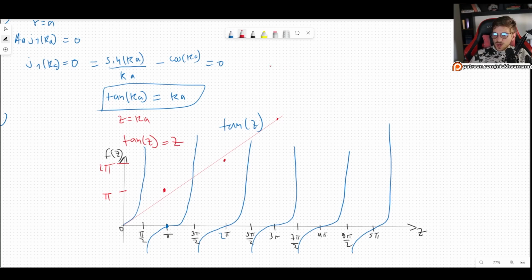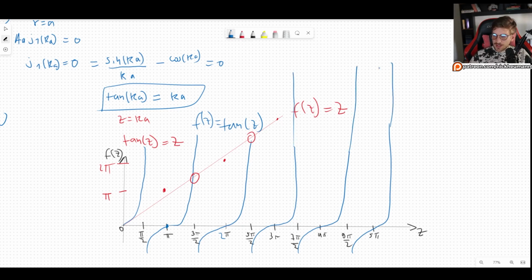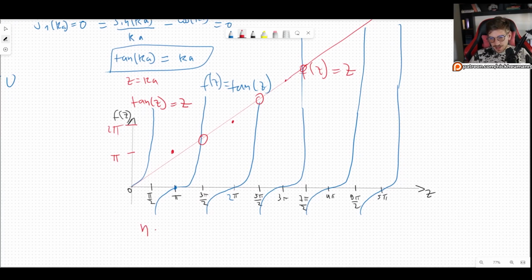Okay, so what we have here, this is of course f of z equal to z. And well, I guess I should also write this as f of z. So what we can see here is that whenever we have the intersections between the blue and the red line, that is our solution. And as we go further and further away, as we go to higher and higher values of z, the intersection will occur basically at n plus 1 times pi,